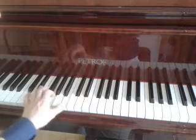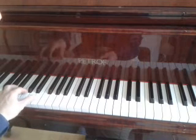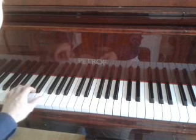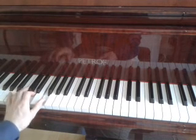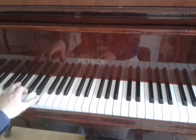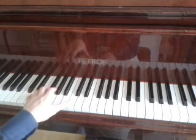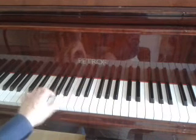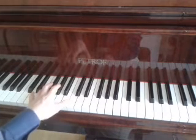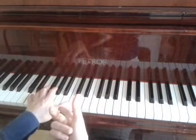This could also be played starting with a root and 3rd, so it could be played down here: root and 3rd, D minor, then root and 7th of the G7, and then root and 3rd again of the C. But because I think for the key of C, it's slightly better up here, we'll stick to that. And I suggested last time that we try to improvise a little phrase over this sequence,